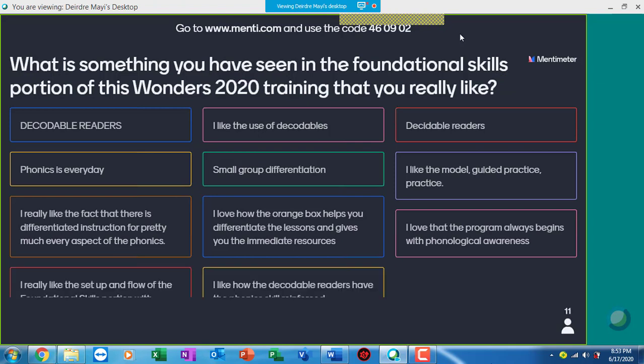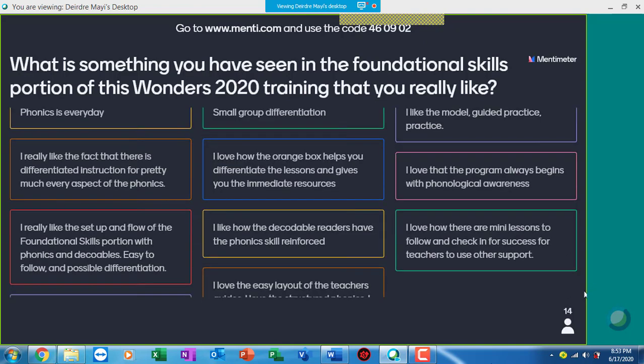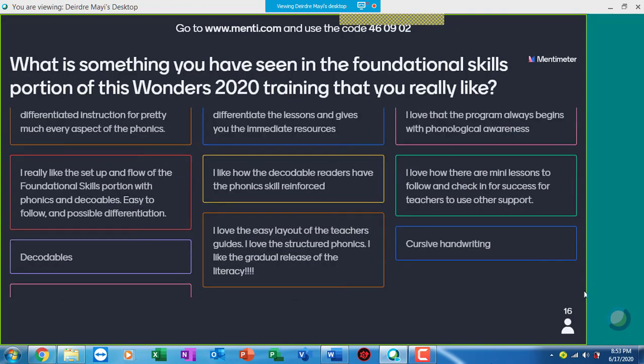I like the fact that there's differentiated instruction for pretty much every aspect of the phonics. I love how the orange box helps you differentiate the lessons and gives you immediate resources. I love that the program always begins with phonological awareness. Yes. More people like the decodables and the reinforcement of the phonics skills. Cursive handwriting. The layout,